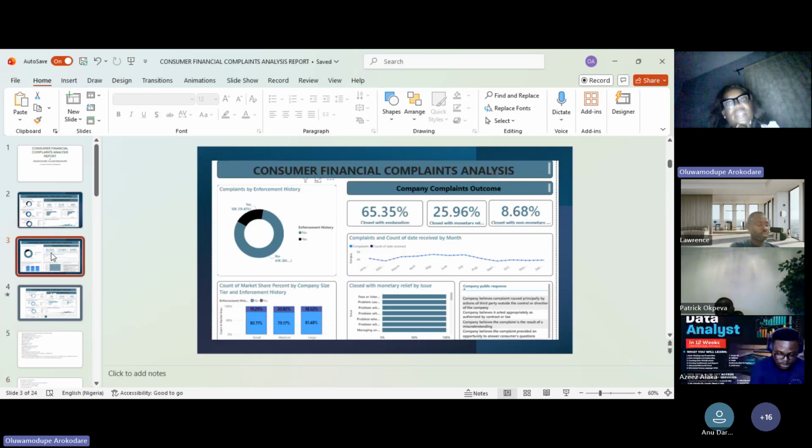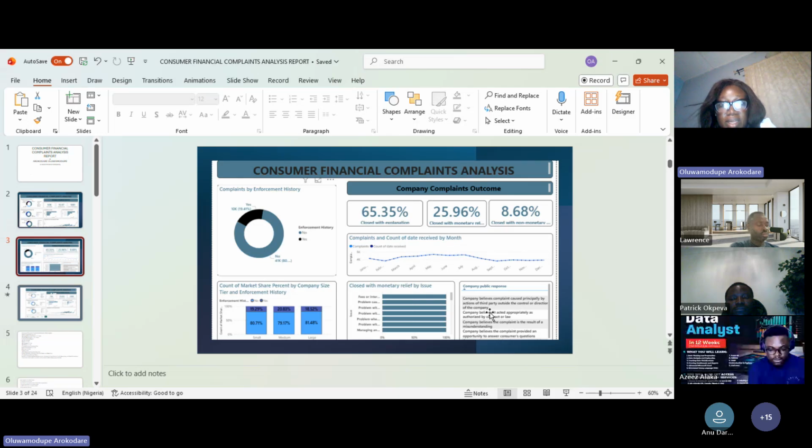And this brings us to the second dashboard I've been able to create, with the ones closed with explanation falling at about 65.35%. Yeah, the one with monetary relief 25%, then closed with non-monetary relief 8.68%. So this shows the complaints and count of dates received by months. Though the dashboard is interactive, I'll still show us how they interact, but this is just an overview of what I've been able to come up with, with this company public response,